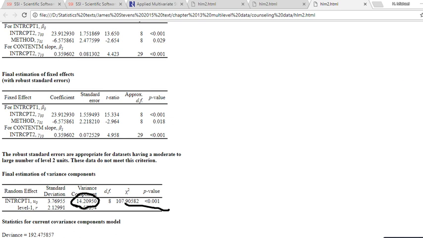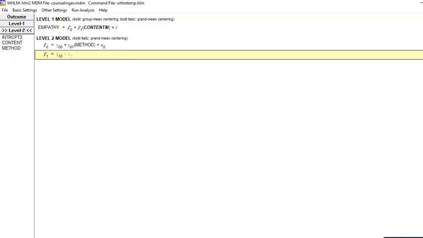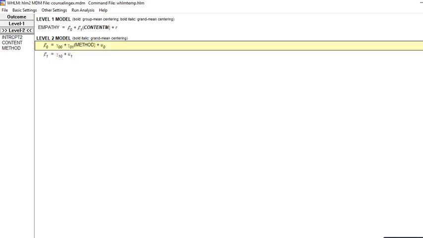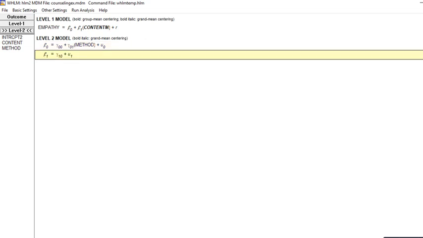So that provides a very rough overview of some of the approaches with the HLM program. I didn't want to go into a lot of depth, just to orient you to the program and some of its options. Obviously, if we allowed the slopes to randomly vary, then we could theoretically look at cross-level interactions. If we allow them to randomly vary across groups, we could also add in